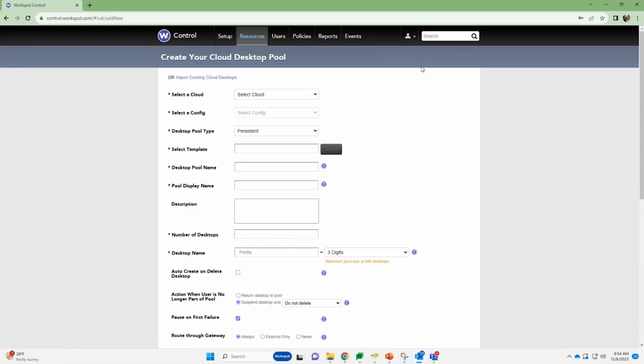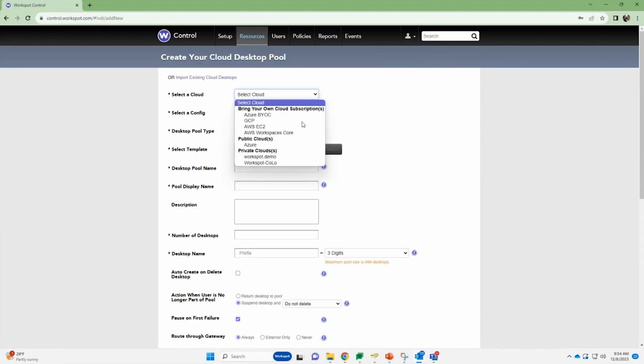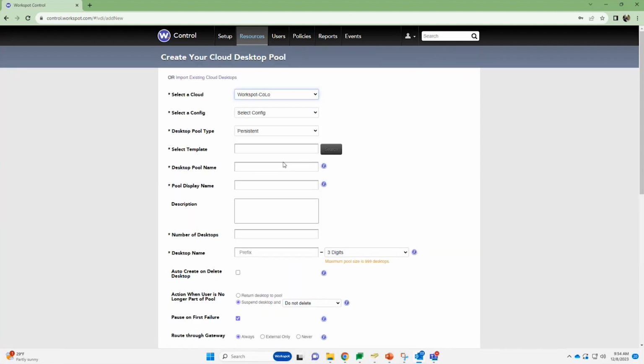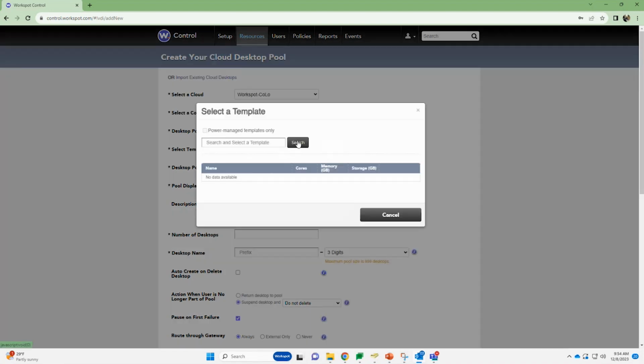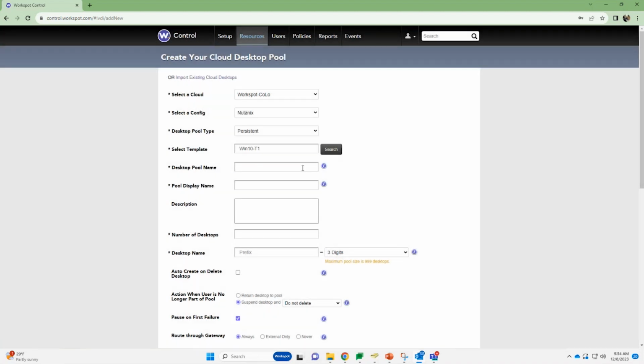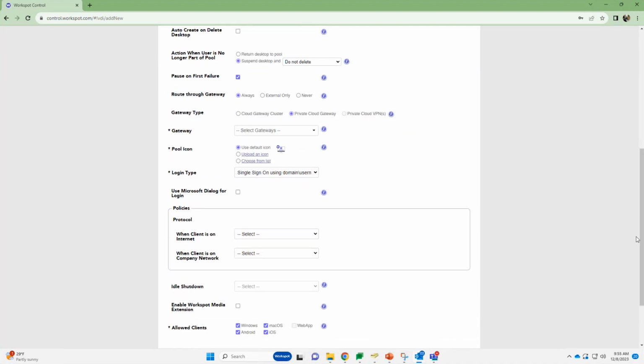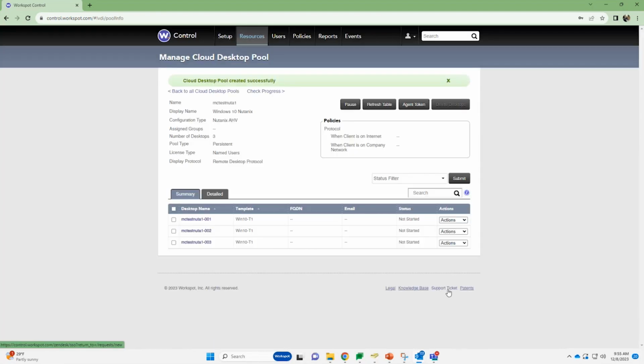Moving forward, the next resource represents our hybrid configuration within our colocation, utilizing a Nutanix machine. The process repeats with the selection of a persistent setup, Windows 10 template, and specifying details such as the pool name set to Nutanix and the display name set to Windows 10 Nutanix. After configuring the appropriate gateway route for the Nutanix colocation, I'll click the Create button, initiating the provisioning of the